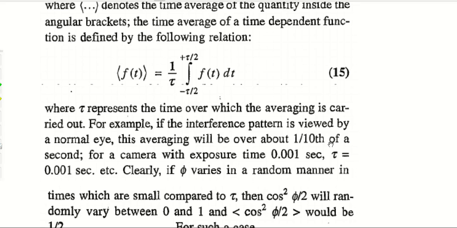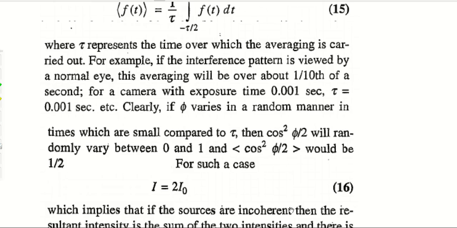It is called the persistence of our vision. And if you catch this picture with a camera whose exposure is 0.001 second, you can record two consecutive frames, that is, you can click two pictures with a time gap of 0.001 second. So clearly, if phi varies in a random manner in times which are small compared to tau, that is, less than 1/10 second for naked eye measurement, or 0.001 second for the camera measurement,